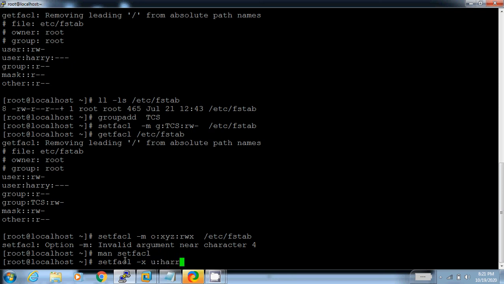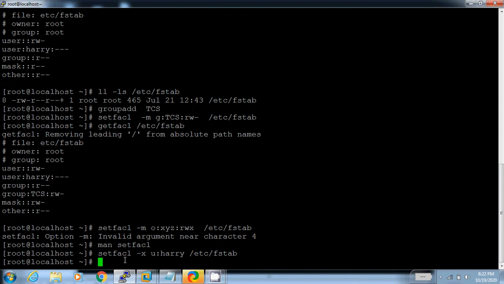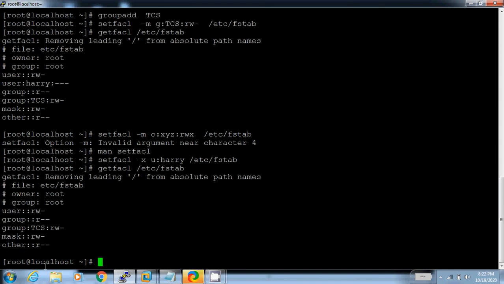I already applied the permission for Harry, on /etc/fstab. Now check the permission with the getfacl command on /etc/fstab. Now see, Harry is removed from ACL.